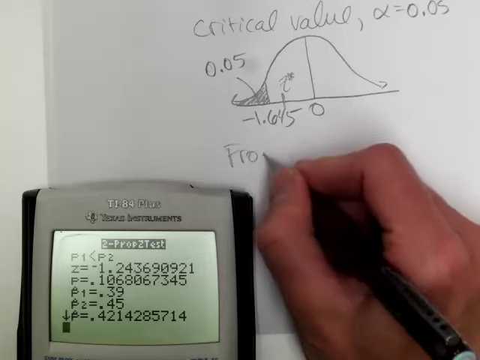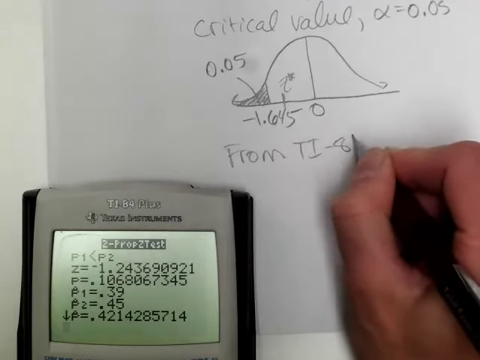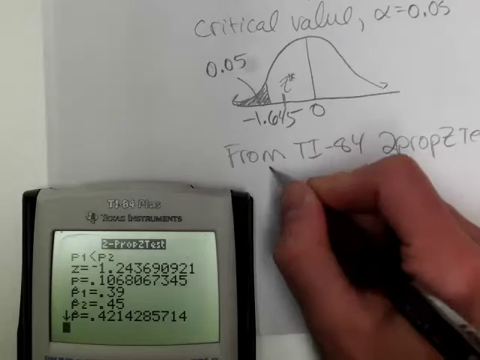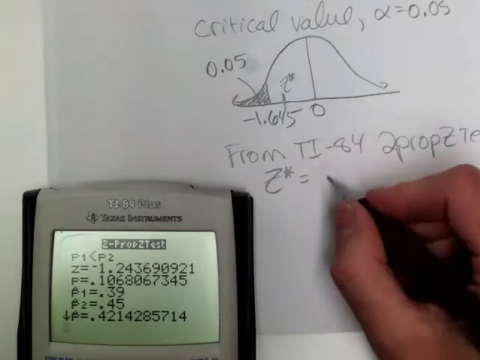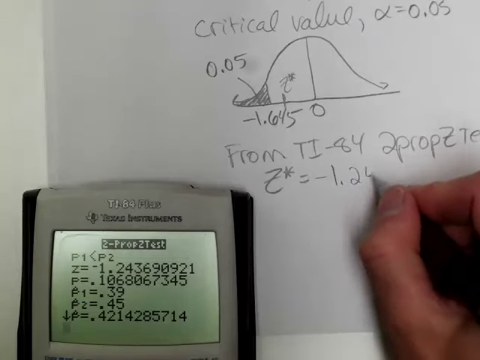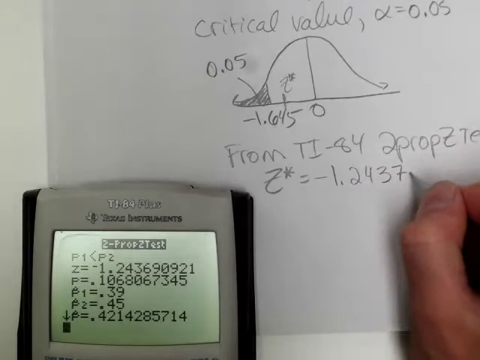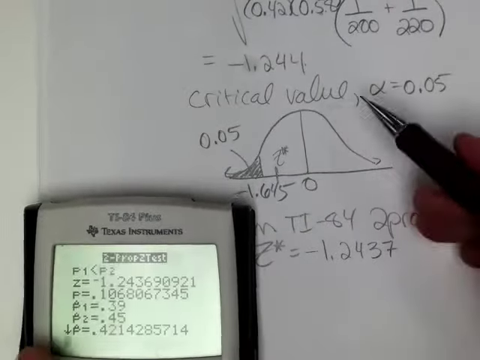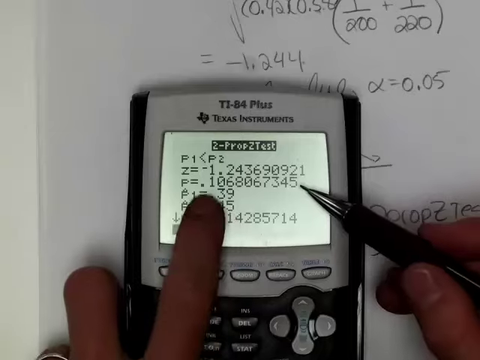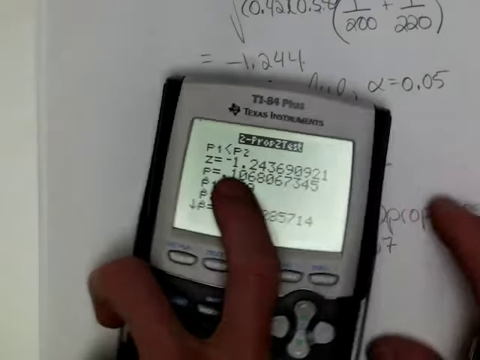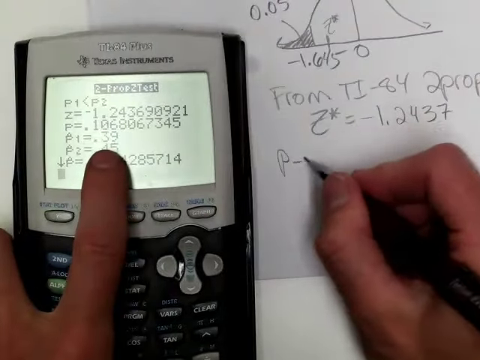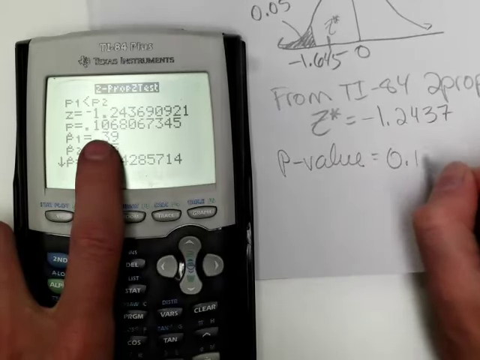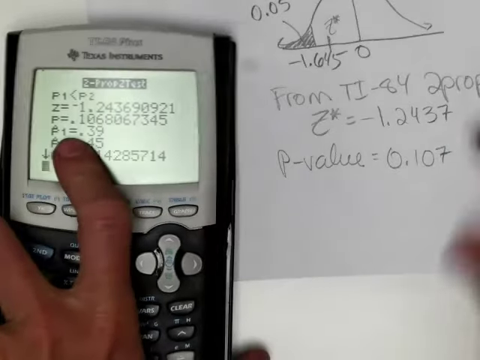From the TI-84 two-proportion z-test, the standardized test statistic was negative 1.2437, which does round to what we got by hand. What's nice is we get the corresponding p-value. The p-value for this problem was 0.107,